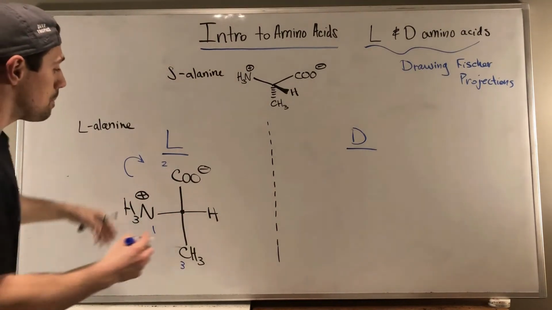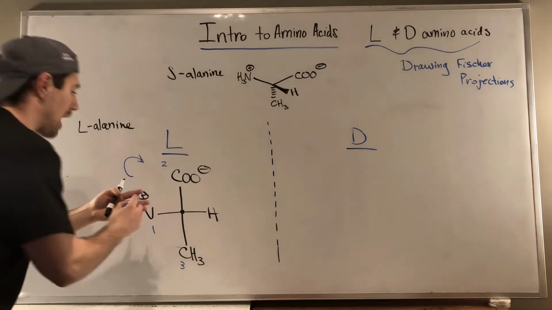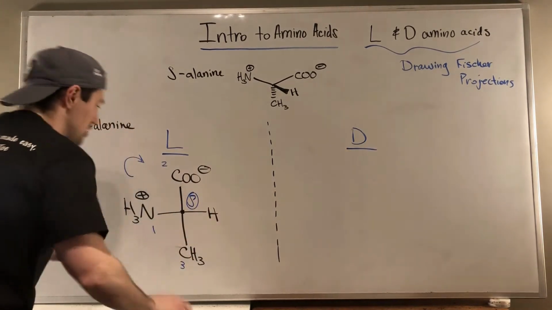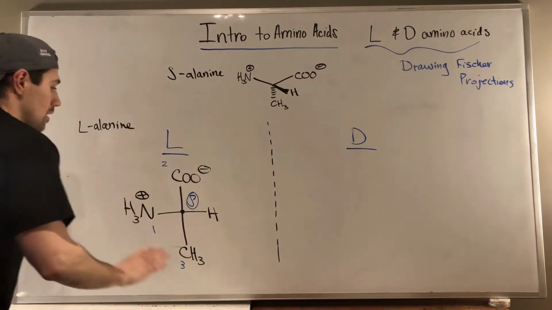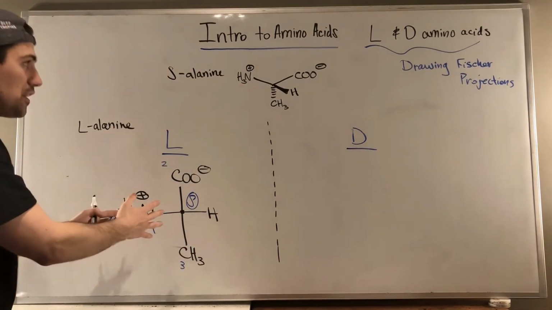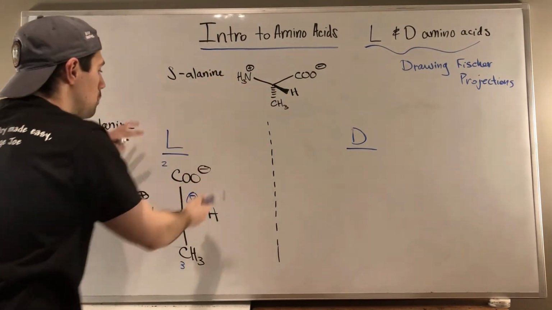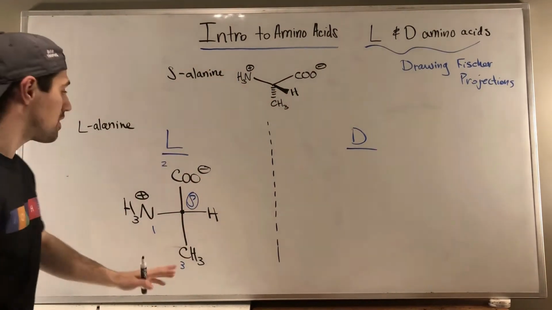So our lowest priority group is coming out towards us. So we look R, but we are actually S, okay? So L-alanine has an S configuration. This is S-alanine. So we see in the Fischer projection very clearly that this is L-alanine,